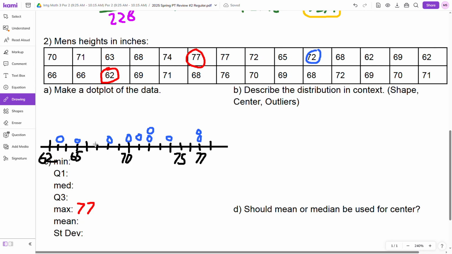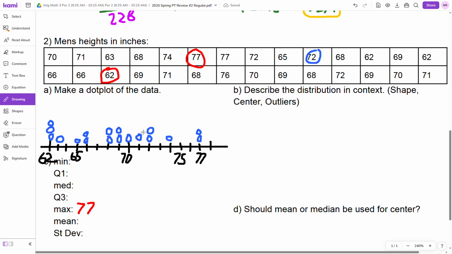68, and that's going to be important, right? You don't want to make mistakes. You want to make sure that you don't repeat any. So be very careful and don't mess it up, because if you do, it's not going to be good for you. So 66, 66, 62,